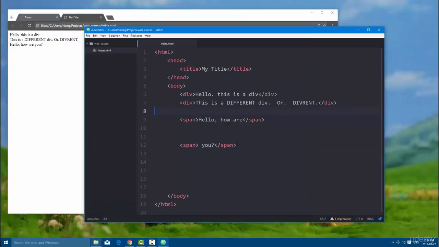So again, just to recap, you build an element by opening and closing it, and then the content that you put within it is part of that element. The entire element is that right